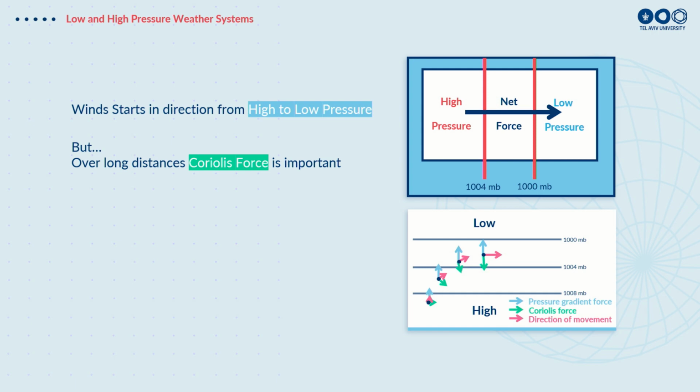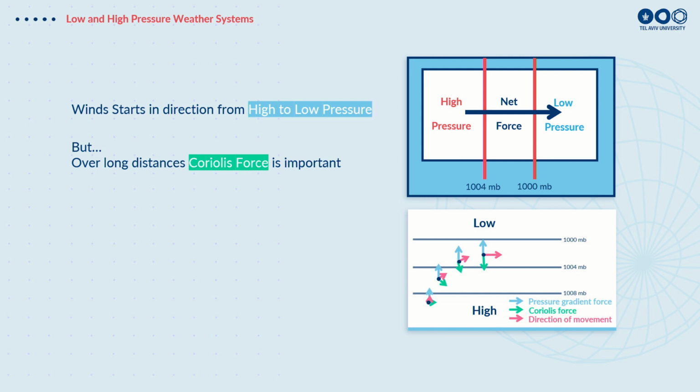Now, over long distances, again, we said we have to take into account the rotation of the Earth, or Coriolis force. So what happens if the air starts to move from high to low? We can see here in the bottom right, the high is at the bottom, the low is at the top. The lines here represent the differences in pressure, or what we call isobars, equal pressure. Each line is like a contour map for height; this is a contour map for pressure. So we're going from high to low, and the pressure gradient force here shows the force which wants to push the air, according to the blue arrow, from high pressure to low pressure.